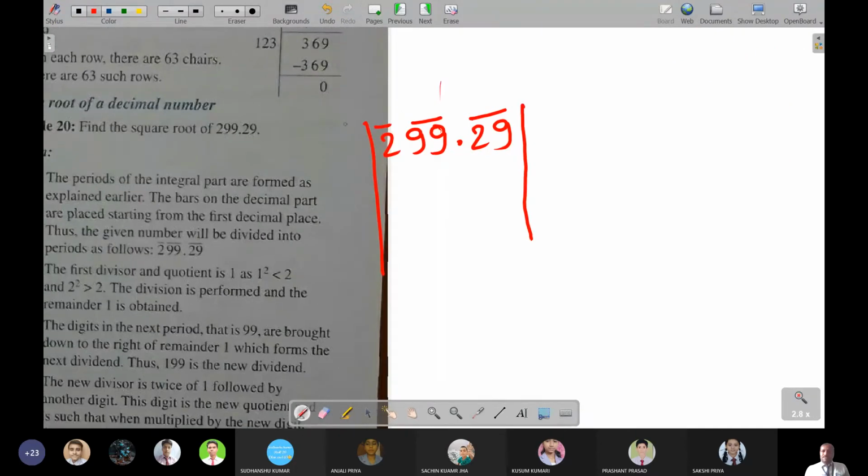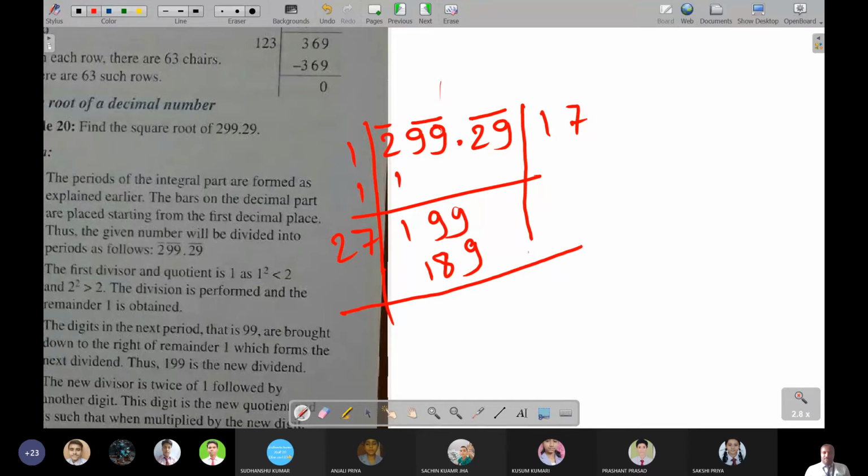Like here, 1 and 1, 1 it will become, it will be subtracted, 1, 9 comes, 1 will be added, it will come 2. Now what will be there? Last time I had done, so I think last time I had divided with 7, it will go. 7 7 is 49, carry 4, 7 2 is 14 and 4 is 18. So now 7 will be added and it will become 34. Now when it will be subtracted, of course it will become 10.